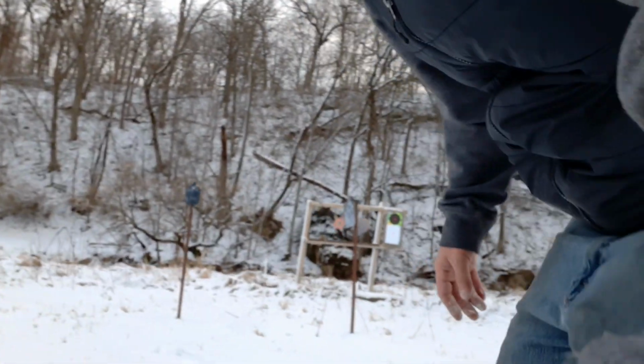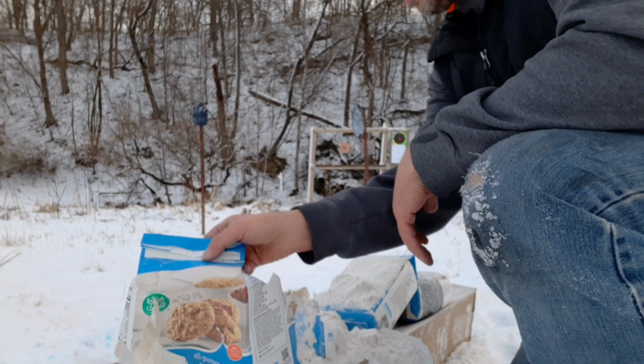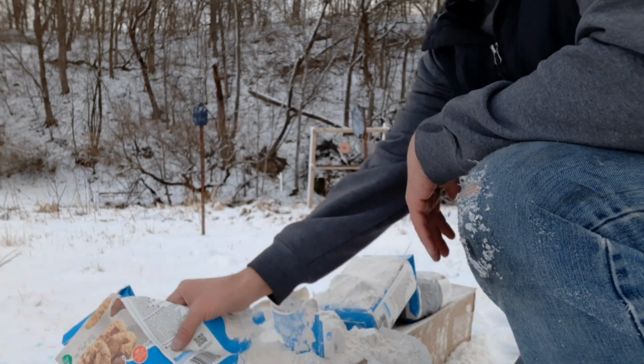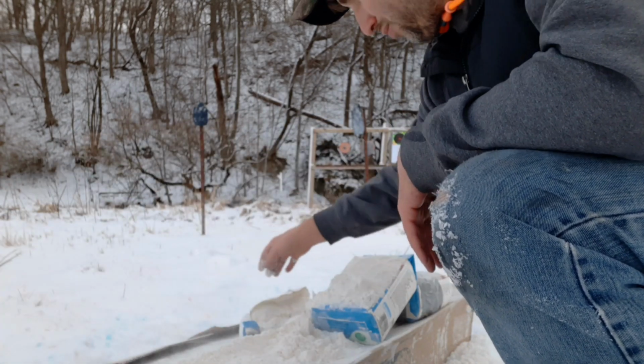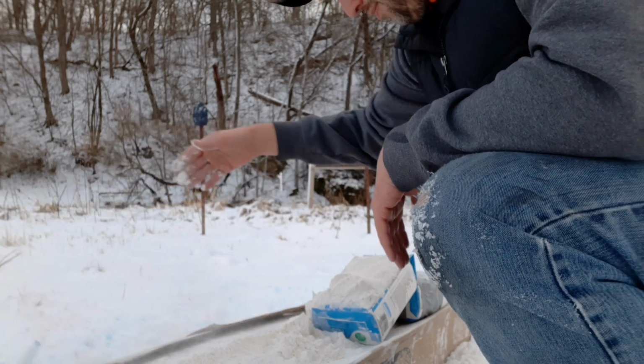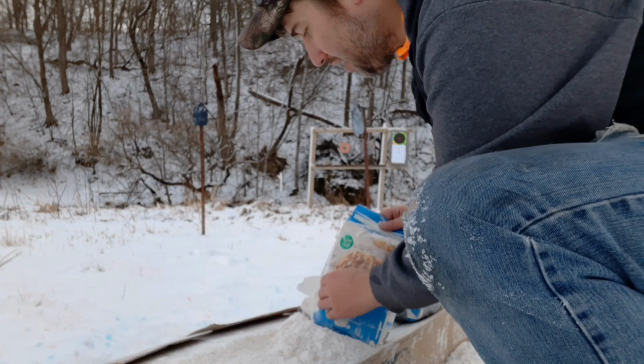Let's see if we can find that round. I'm not sure if we can. It shot flour way back here too. So obviously first bag gone, just completely gone. Second bag ripped in half, completely gone. Third bag, all right. Oh shoot,